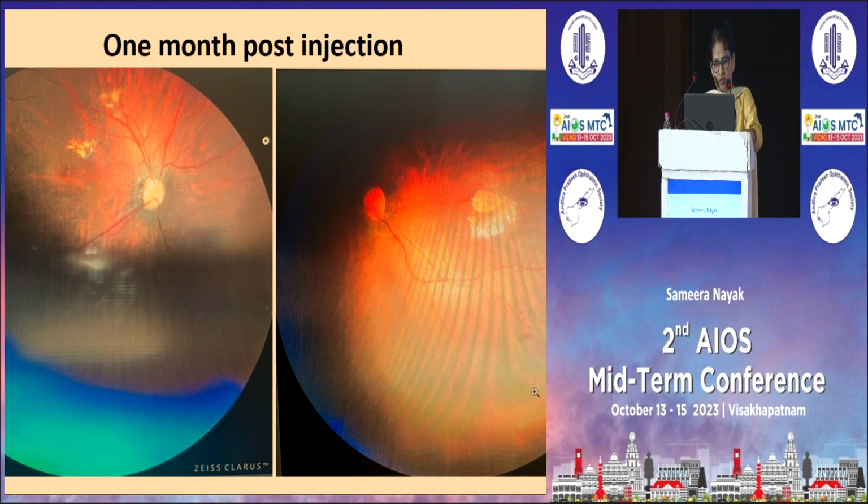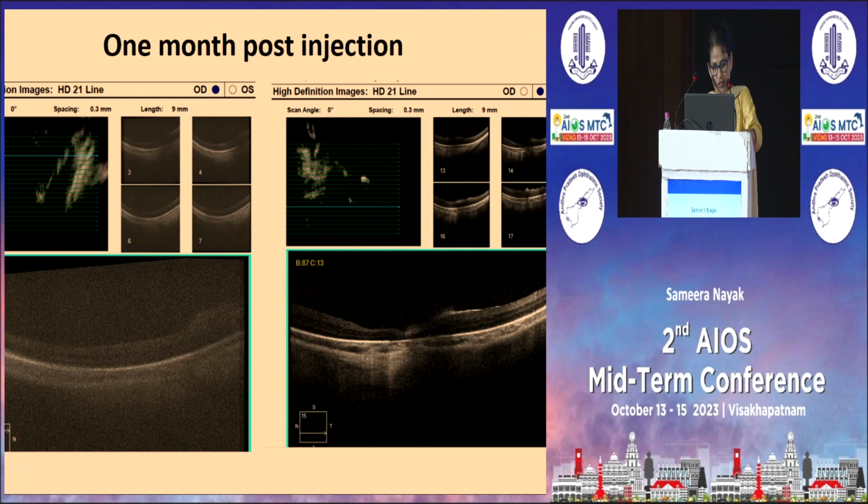The baby came after 1 month post-injection to the OPD, and we could take a fundus picture with Chais Claros, and this was the picture. You can see there was parafoveal scarring in the right eye, and in the left eye there was scarring sitting on the macula. And there was no sign of active inflammation or infection. And this was the OCT picture in the right eye. It was normal, and in the left eye, you can see there was outer retina damage with foveal atrophy corresponding to the macular scar.